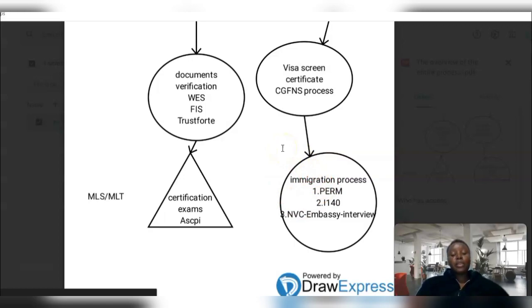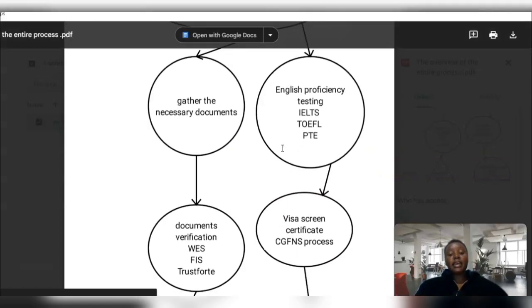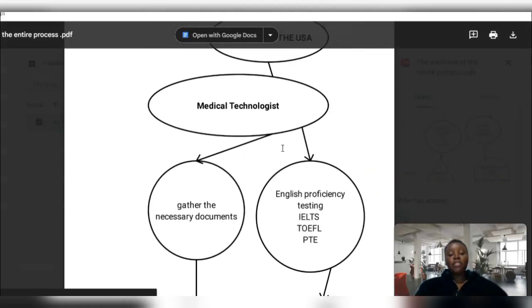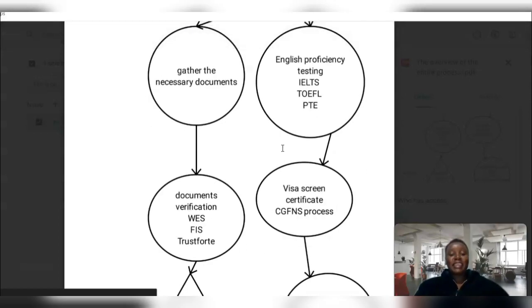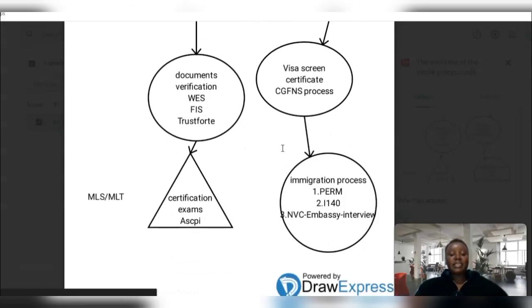Yes, guys, so thank you so much. This is just a small overview of the whole process. And we believe that everything is possible when